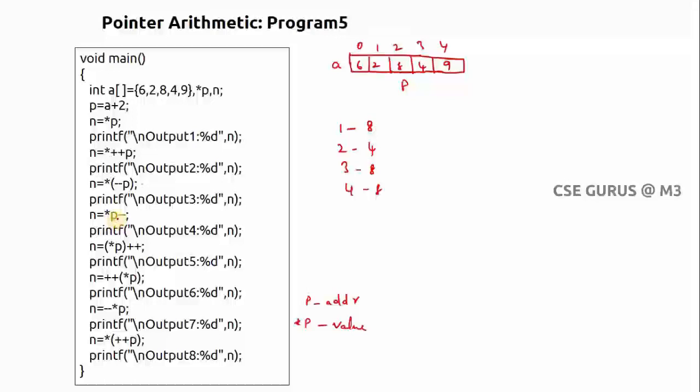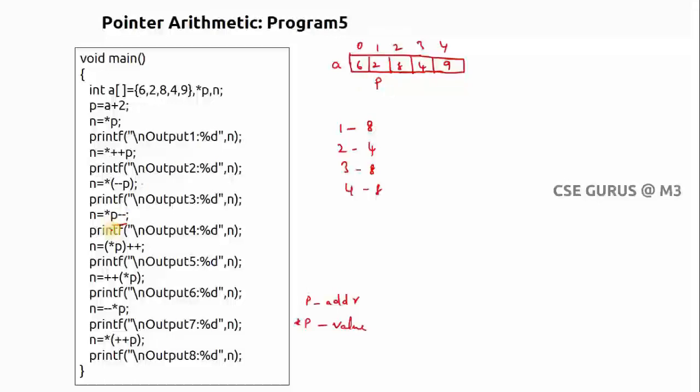Now you can say p minus minus has to be done, but it is a post decrement now. That's why the first value is assigned. Now p decrements. That means the address is to be decremented. Now p comes here. So that is what you remember here. If I give some braces, then *p means the value is to be decremented, but here there are no braces. That's why you only decrement the address. So that's why I decremented the address. The position changes to here.